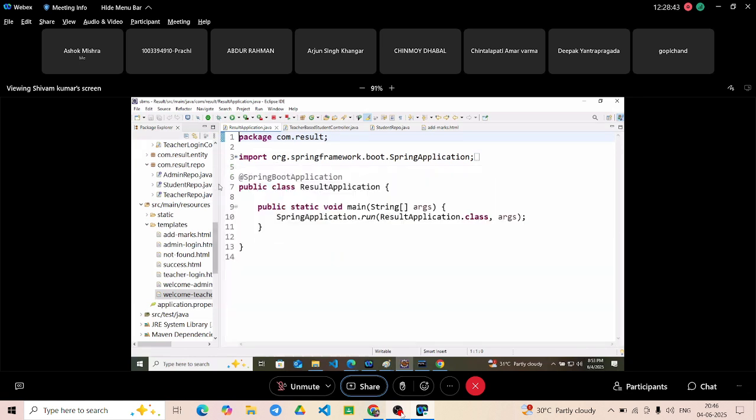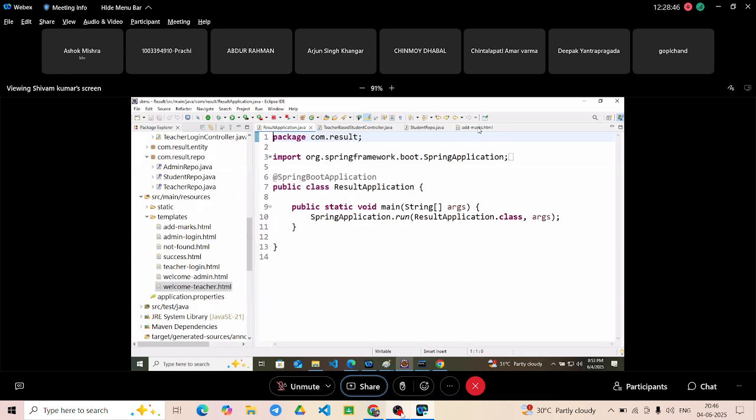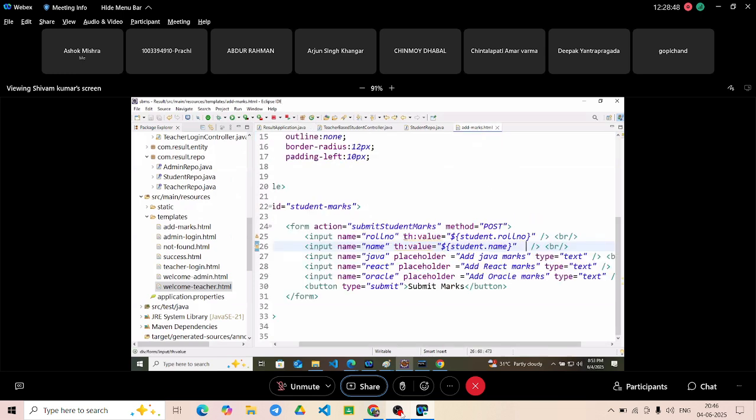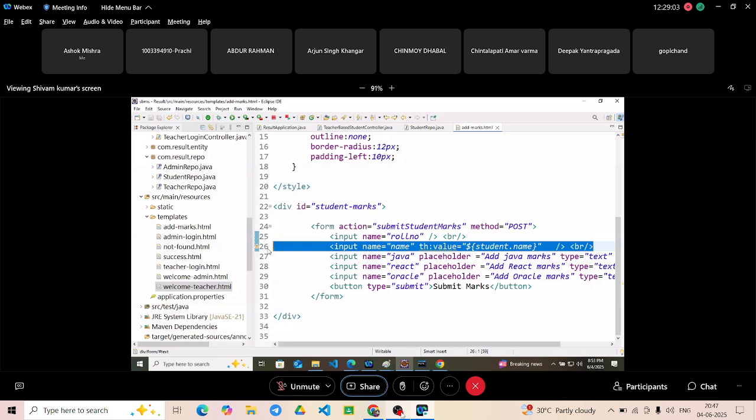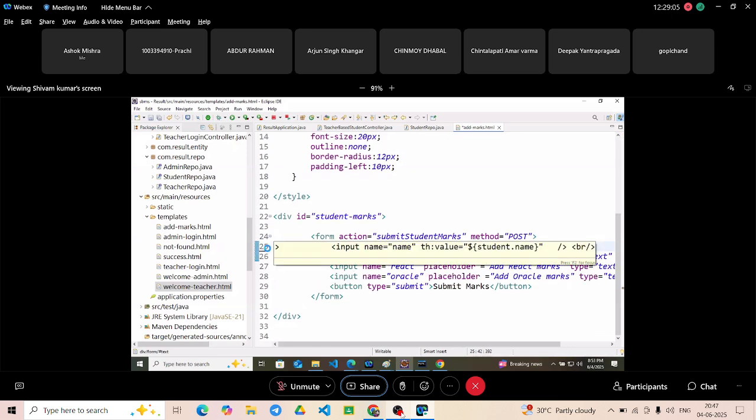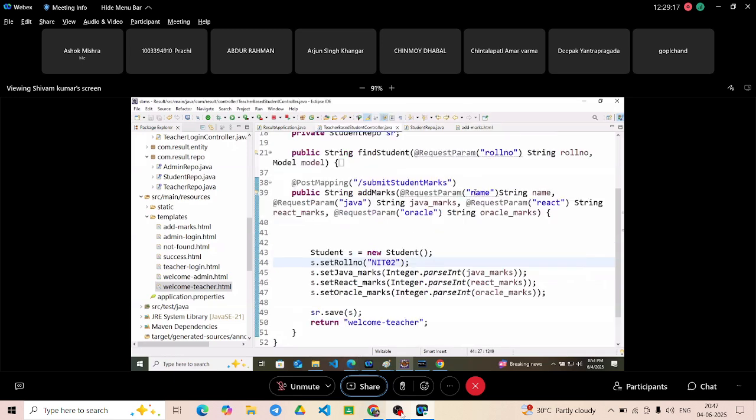So you have one thing, that is add marks. Here we are not providing the value of roll number like this. We will ask the teacher to write the roll number. Name not required. You can only fill the values with the name. So input name as roll number. Teacher will type the things now. And in the controller, we will take roll number